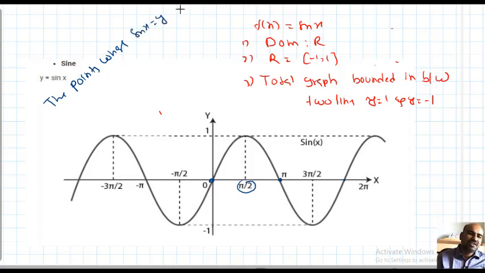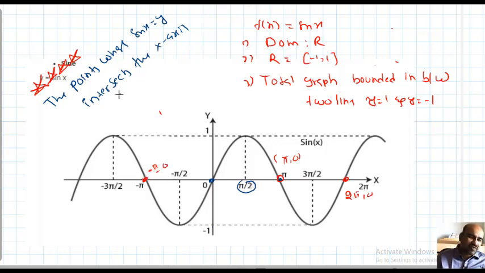sin x equal to y intersects the x axis. Very, very important, this one. What values of x, the point where sin x equal to y intersects the x axis. From this graph I can say that this point is nothing but pi comma 0. I can say that this is 2 pi comma 0. I can say this is minus pi comma 0. I will write actually what you are getting: minus 2 pi comma 0, minus pi comma 0, 0 comma 0, pi comma 0, 2 pi comma 0, like